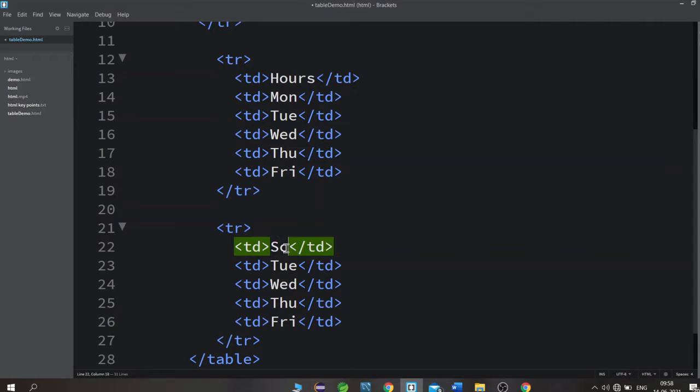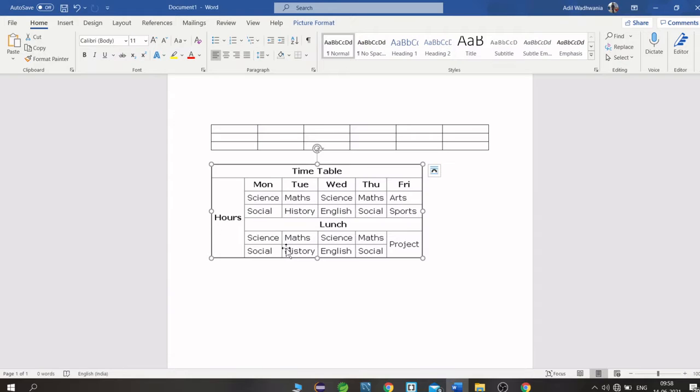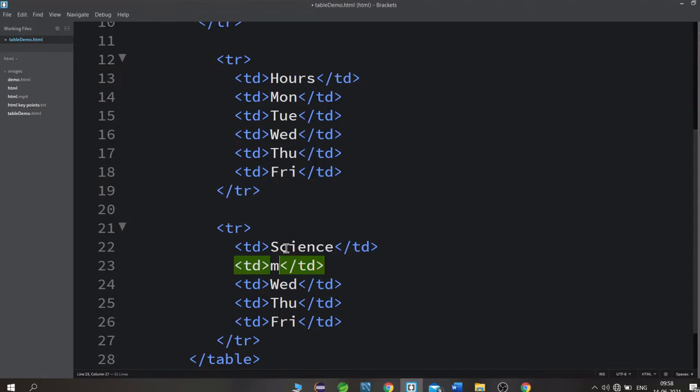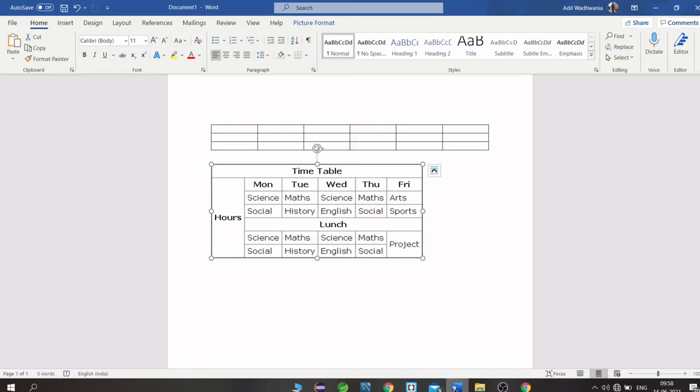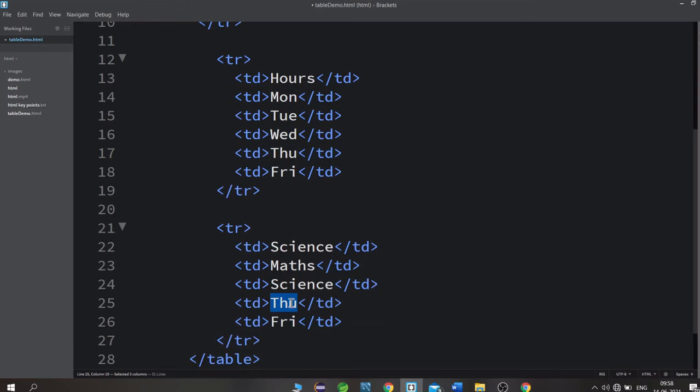So first is science, second is maths, then again science, then comes maths and arts, maths and arts.